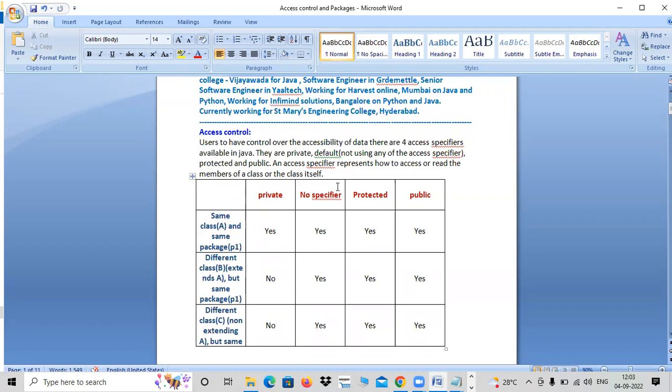What is the question? What is access control? How do you define these things like private, no specifier, protected, public? What are the access specifiers? They may ask you, write a program on that. Only access control by the program. What is access control? Write a program on that. Or what are access specifiers? Write a program on that. They can ask how these specifiers work in that way.